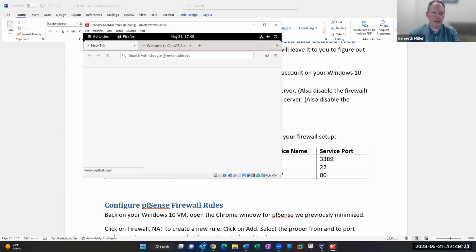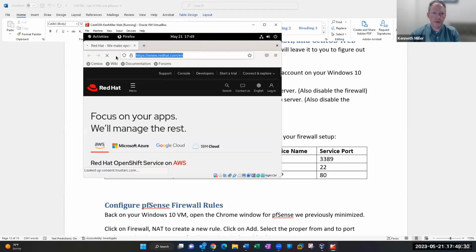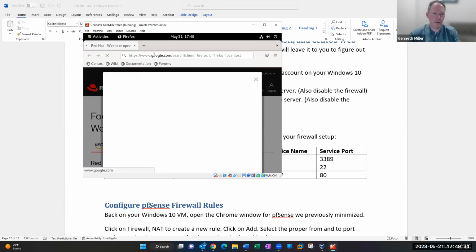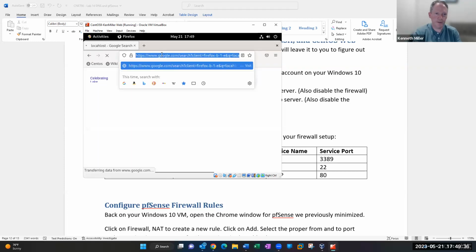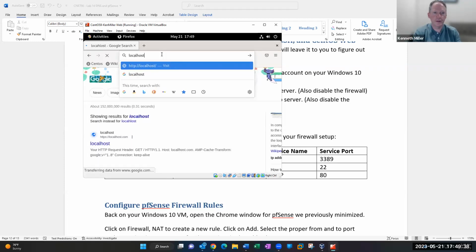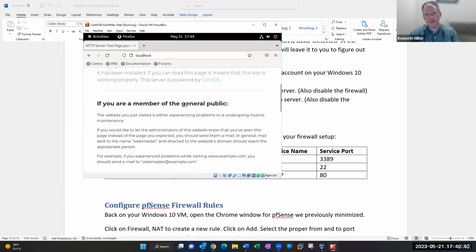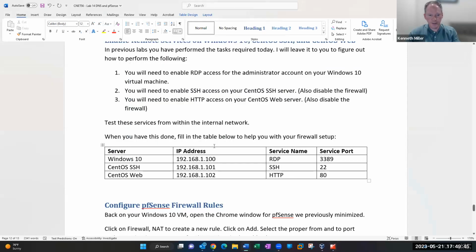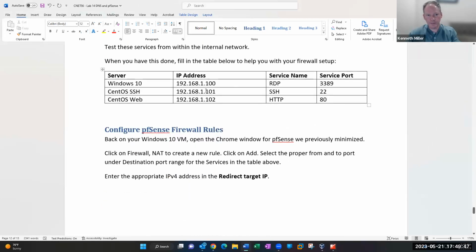So, and then I'm going to put in here localhost, and helps if you could spell localhost, and that gives us that test page. Okay, so that's good. All right, so now that I have all of those services running, I'm going to go